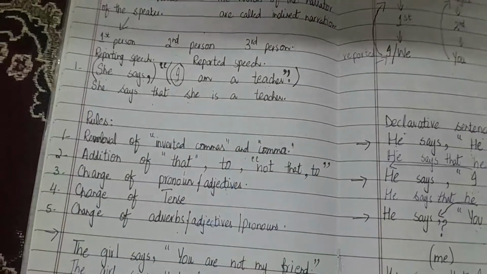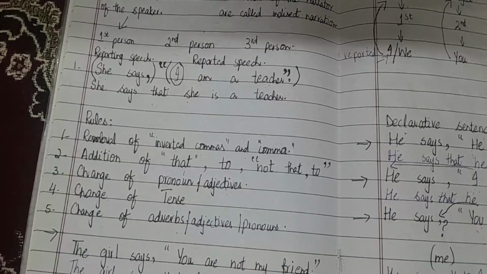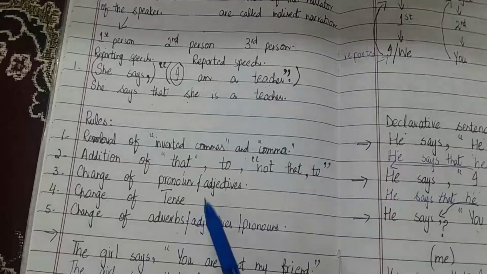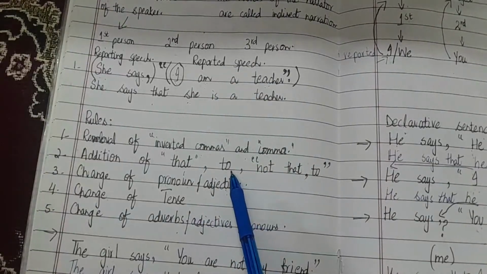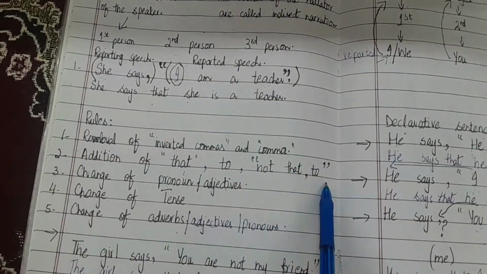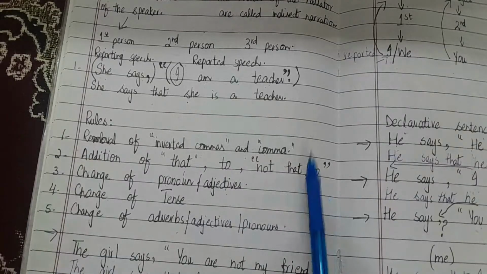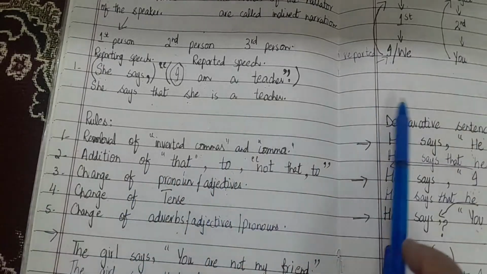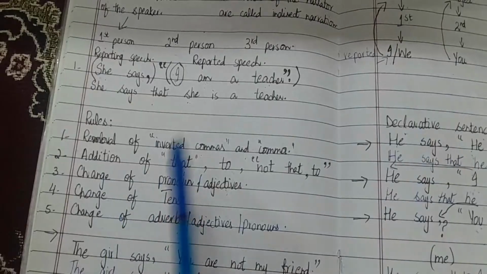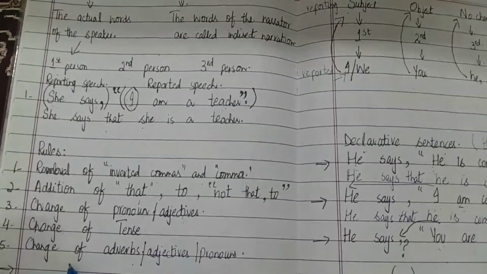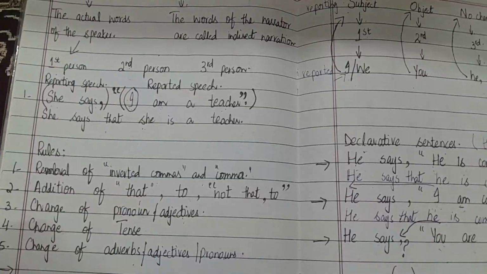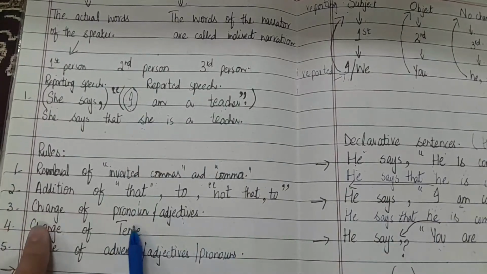तो imperative और इंट्रोगेटिव को जब आप छोड़ देते हैं तो पीछे आपके पास 3 रह जाते हैं, डिक्लेरेटिव, एक्सक्लेमेटरी और ऑप्टेटिव। फिर एडिशन ऑफ टू इज एन इम्पेरेटिव सेंटेंसेज एंड देयर इज नो दैट और टू इन योर इंट्रोगेटिव सेंटेंसेज। ये भी हो गया। चेंज ऑफ प्रोनाउन मैंने आपको यहाँ बता दिया। चेंज ऑफ टेंस वो अभी आगे जाते हैं फिर डिस्कस करते हैं। और चेंज ऑफ एडवर्ब्स, एडजेक्टिव्स और प्रोनाउंस एज इट इज़ हो जाएगा।